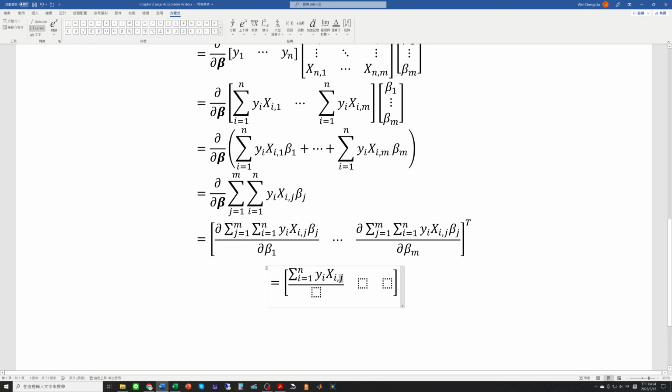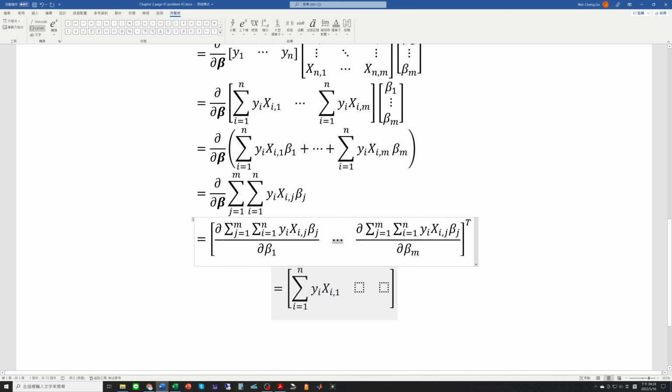Sorry, we do not have a fraction here. So the first term is summation i is equal to 1 to n yi xi1